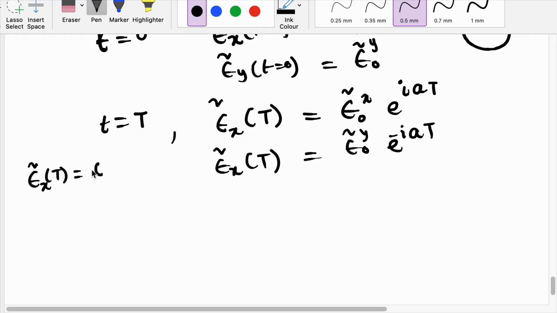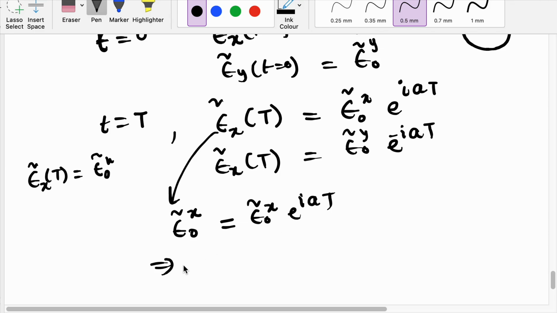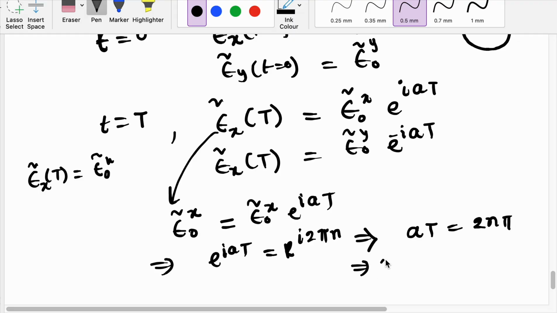So epsilon x tilde is equal to epsilon 0 x tilde, which means e to the power iat should be 1, and 1 means e to the power i 2 pi n. So at is equal to 2n pi, so that means t equal to